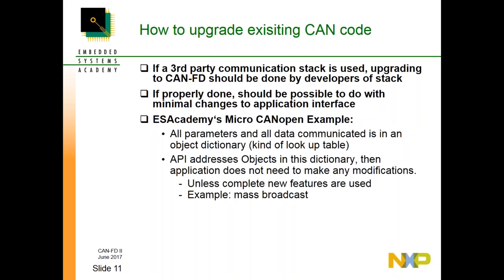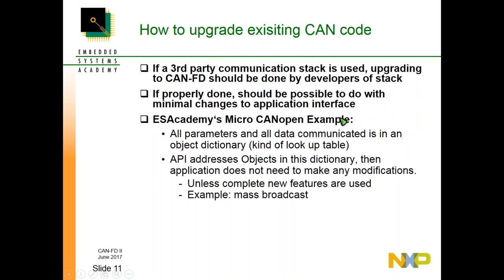Now, when it comes to upgrading your code, and you have CAN code and need to now use an FD version of it, then if you use a communication stack by a third party, then of course that company or party providing the stack should be able to provide you with a CAN FD version. You should not really need to do these changes yourself, unless you are using your own protocol, then of course you have to do that. If this is properly done and there's a good abstraction layer in between, then there will really be minimal changes